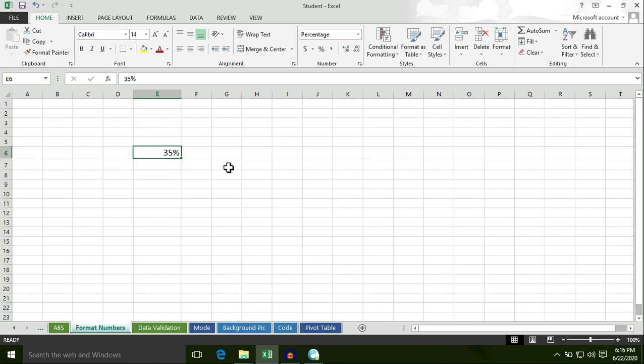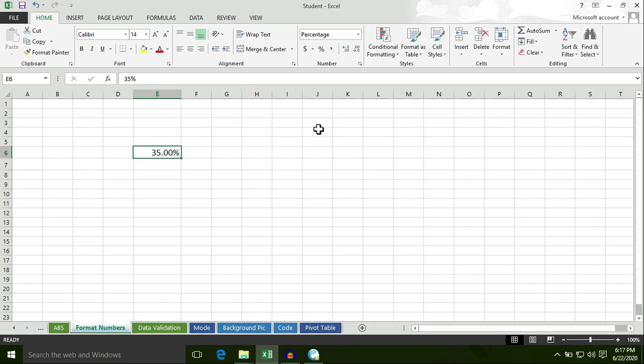So you can also increase decimal up to 2, 3, 4. It depends on you. I want to increase decimal places up to 2 places. First of all select this cell, then under home tab click on increase decimal. So I increased decimal up to 2 places.